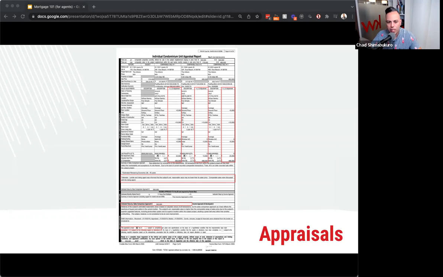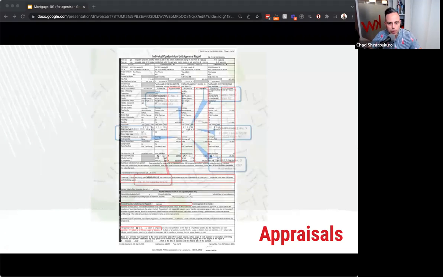So the property can still be in poor condition or have cracked glass, or what have you, and be a conventional loan, and it might not be subject to. The subject to is when it's a real safety issue or structural issue, or a structural concern, or certainly if it's a government loan. So keep that in mind.